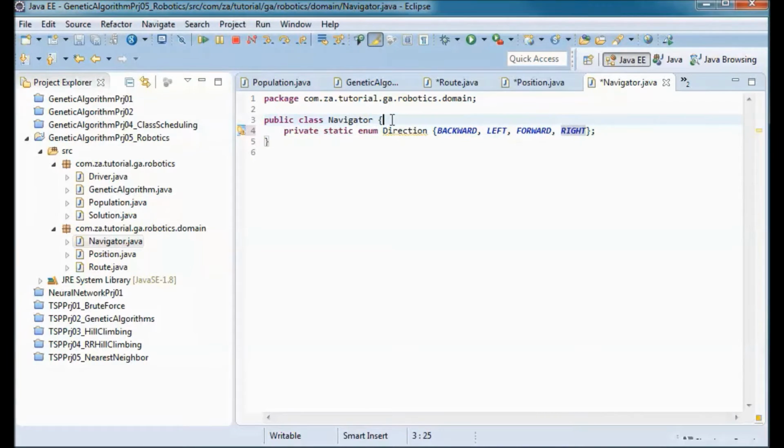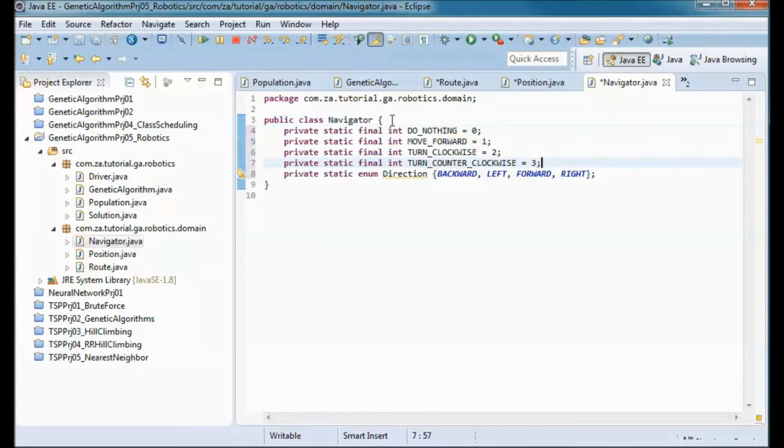And the moves that it can take are either it can do nothing, this is represented by a 0, or move forward, which is represented by a 1, or turn clockwise, or turn counterclockwise.